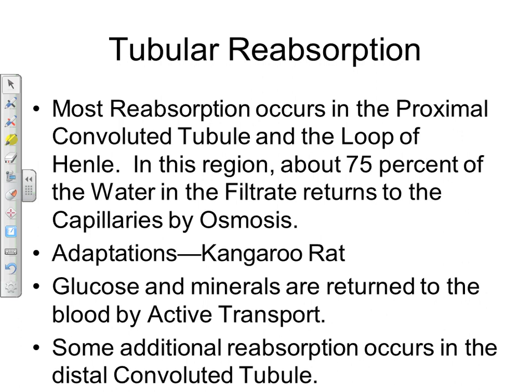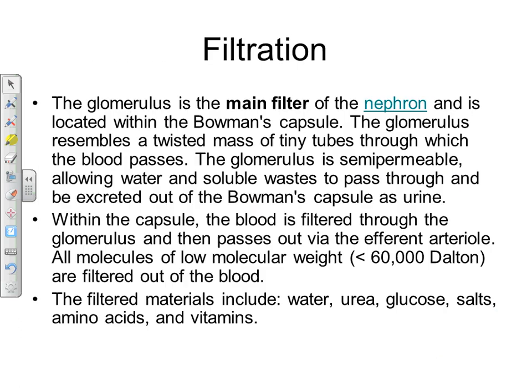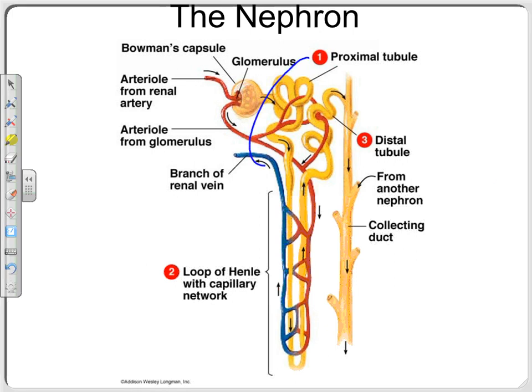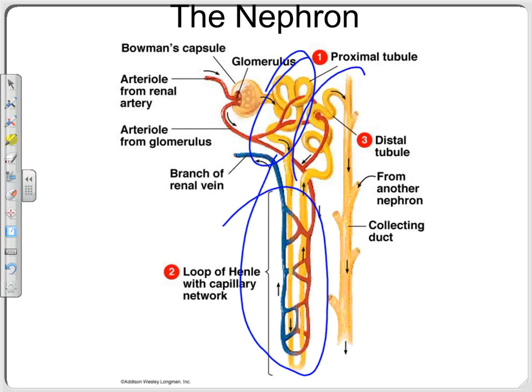What was the loop of Henle? It's the little thing that goes like this, but what does it do? Well, it's where reabsorption happens. So here it's just part of step 2. Little stretch, that's step 2. Well, step 2 basically happens right here, the proximal convoluted tubule, and right here, loop of Henle. Over here, the distal convoluted tubule, that's where step 3 happens.